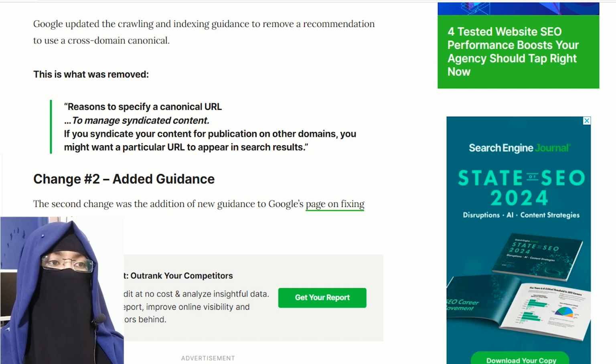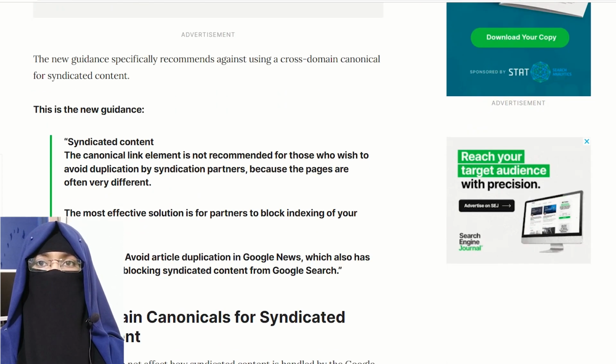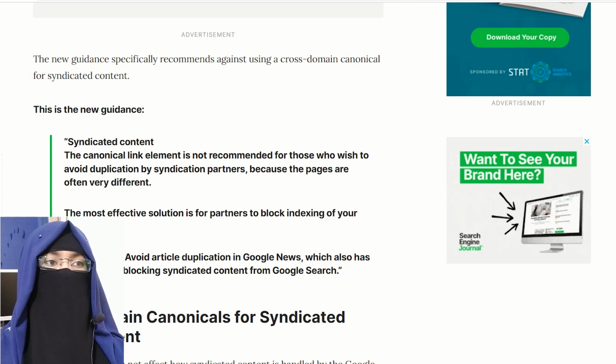The second change was the addition of new guidance to Google's page on finding canonical issues. The new guidance specifically recommended against using a cross-domain canonical for syndicated content. This is the new guidance. Syndicated content: a canonical link element is not recommended